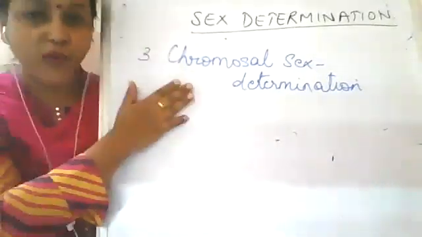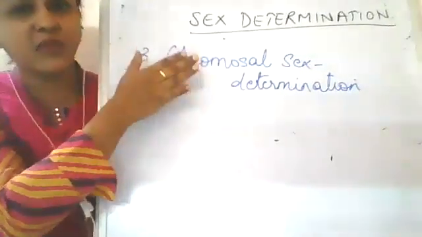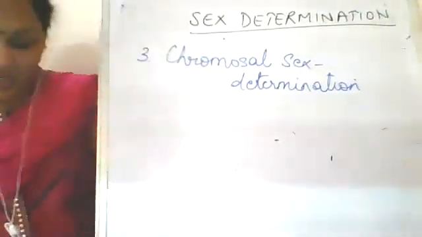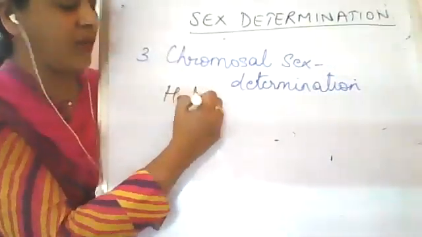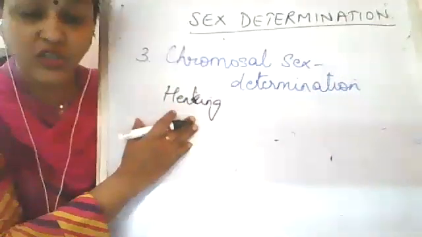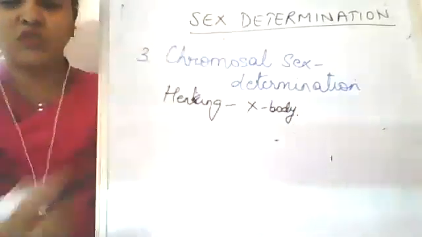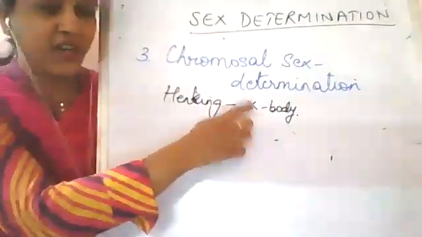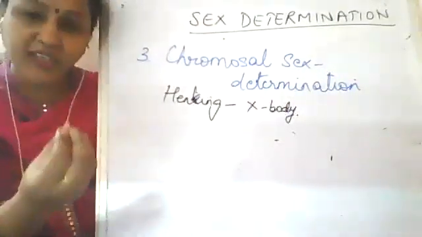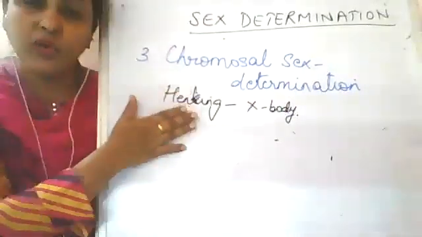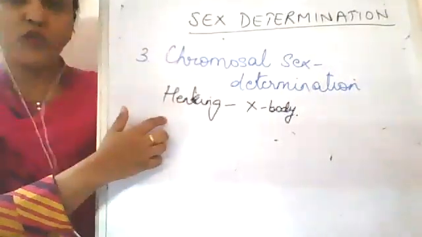But before we proceed, who discovered that it is chromosomes which control the sex of the child? It was discovered by Henking. Henking was the scientist who determined the presence of an X body on the sperms of the firefly. After he discovered the X body on the sperms of a firefly, he came to know that there are certain chromosomes, like the sex chromosome, which have the ability to determine the gender of the child. Now let's proceed with the different types of chromosomal sex determination.